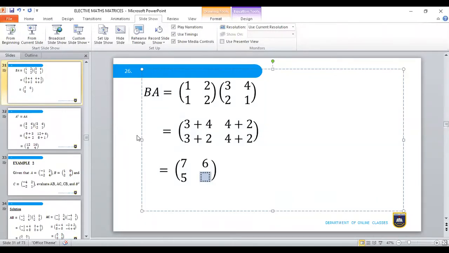so we have 1 times 3, which is 3. 2 by 2 will also give us 4. 1 by 3 will give us 3. 2 by 2 is also 4. So we have 4 here. So if you multiply 1 by 4, we have 4. 2 by 1 also gives us 2. So your final answer will now be